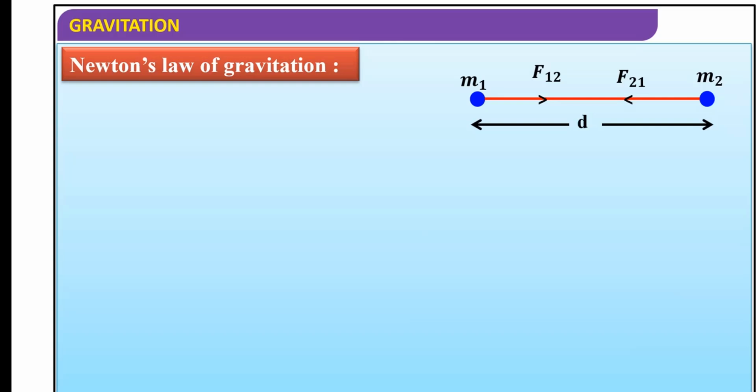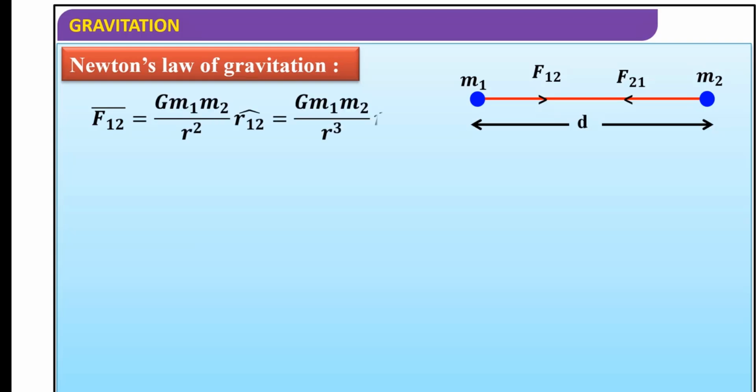Now next is the universal law of gravitation. According to the universal law of gravitation, any two objects present in this universe that possess mass will attract each other. The force of attraction between them is known as gravitational force. This gravitational force is always attractive in nature. And the formula for this gravitational force, we write with the basic concept, F equals minus G m1 m2 upon r square. Here the negative sign shows it is an attractive force.